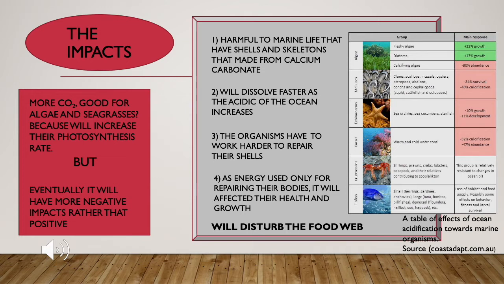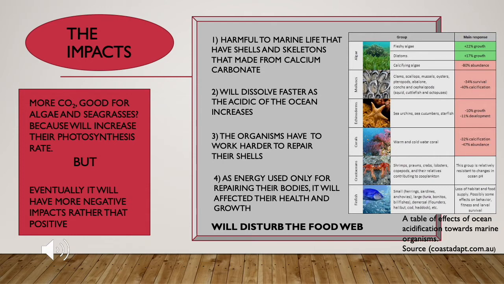With so many things going on under the water as ocean acidification gets harsher, our marine life will have difficulty adjusting themselves to the new environment, because small changes in the pH of seawater can have a negative impact and can be very harmful to them, especially marine life that have shells or skeletons made from calcium carbonate. Their bodies can dissolve as the acidity of the ocean increases over time. The shell will dissolve way faster.